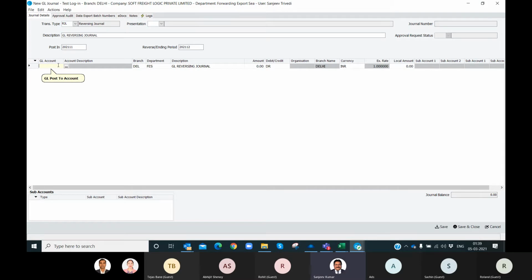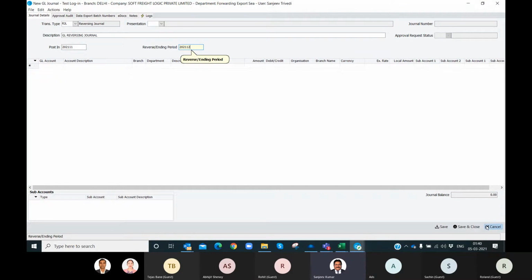That kind of entry can be done here by using reversing journal. In case of reversing journal, on the first day of next month, the reversing entry you can find there. Like February, so last day 28th February, and the reversing entry will appear on 1st March.